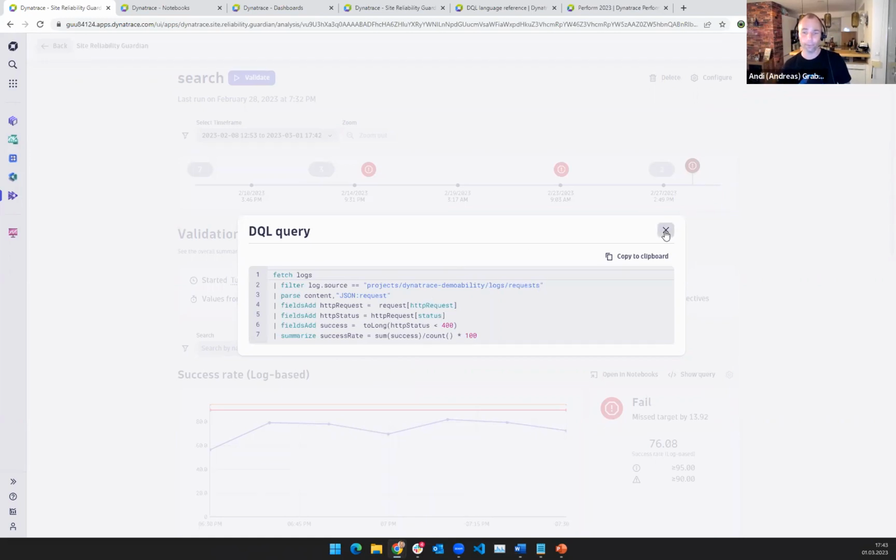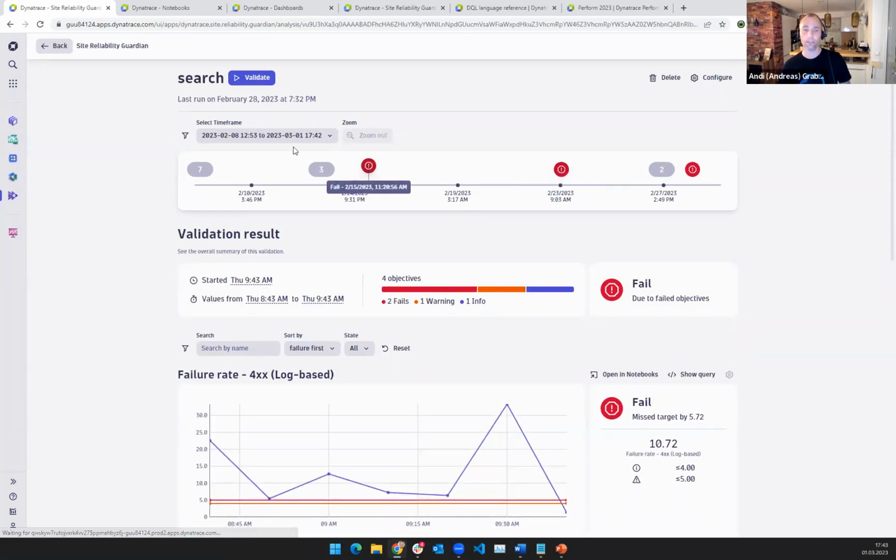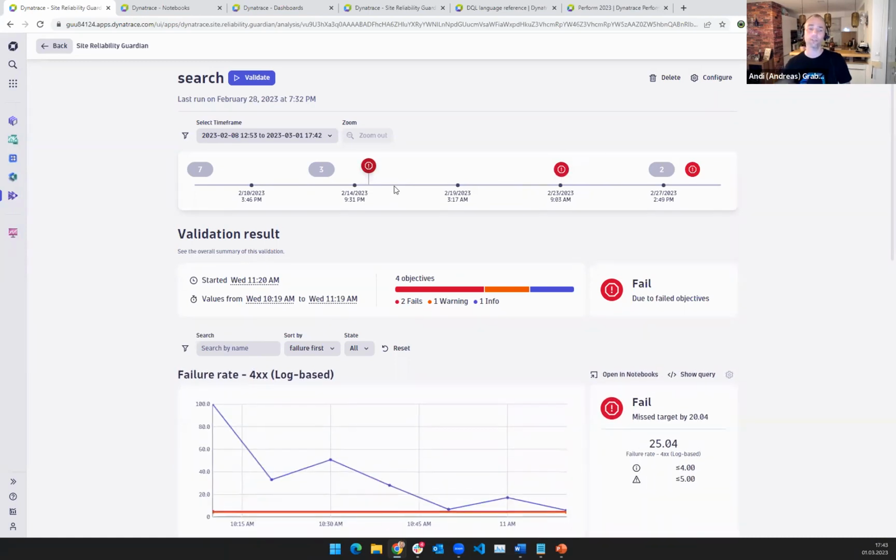So that data will be queried and it will be analyzed against the thresholds, the guardrails that you specify. And you can then run the guardian, and every time it runs, it shows you when the guardian was executed and what the result was. As you can see here, I can click in the timeline view on top and it shows me, for that particular run, what the result was. If you have multiple runs in a similar time frame, we are putting that together. There will be different visualizations coming up based on some early feedback that we've received.